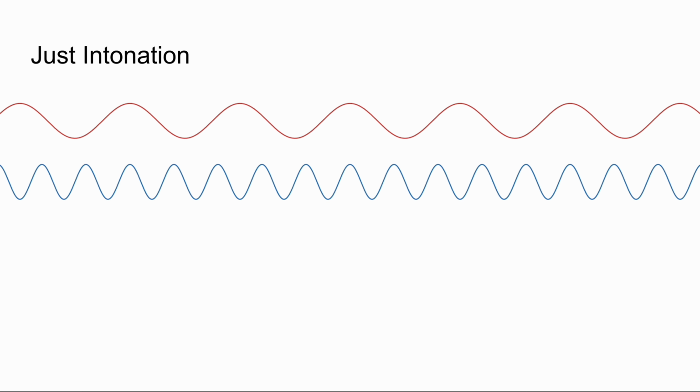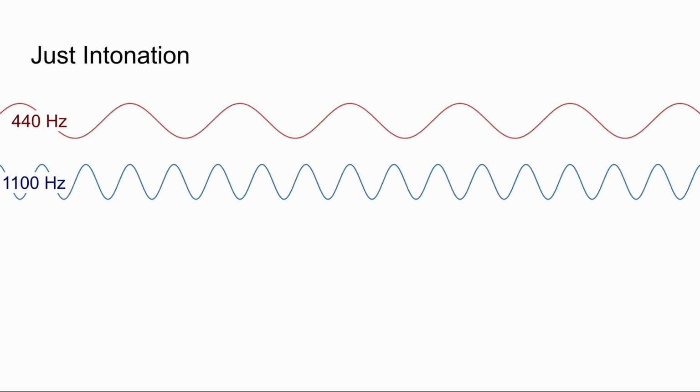This time I've zoomed out a little bit so that we'll be able to see the period of the compound wave. The frequencies of these two sine waves are 440 Hz and 1100 Hz, respectively. Note that this time the higher note's frequency is not an exact multiple of the lower note's frequency. However, these two notes played together will still sound consonant because 1100 over 440 reduces to 5 over 2.